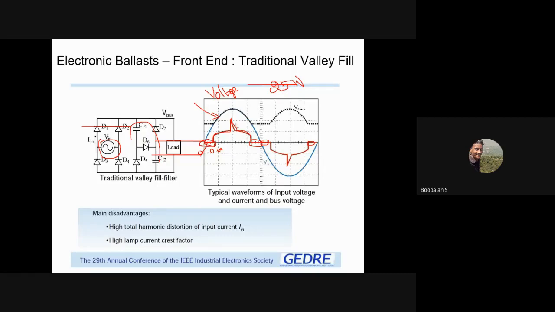How did this happen? With the help of switching devices we can stop the flow of current. Based on switching on time and off time, that is the duty cycle, we can adjust it and reduce the electricity consumption of the application. These switching operations we already studied in power electronics, so I'm not going into much detail. Now let's go with the harmonics.